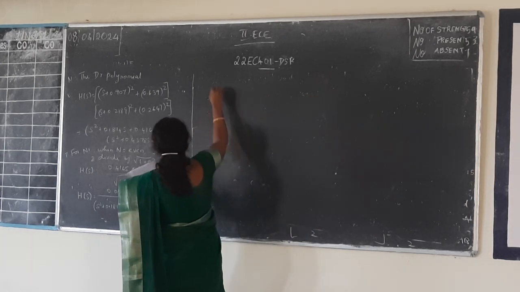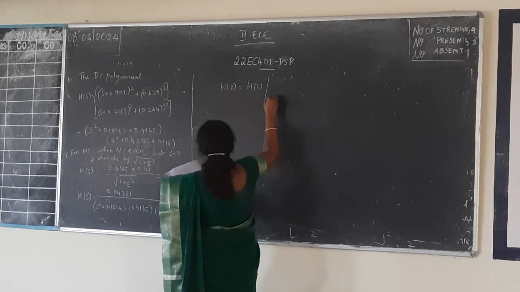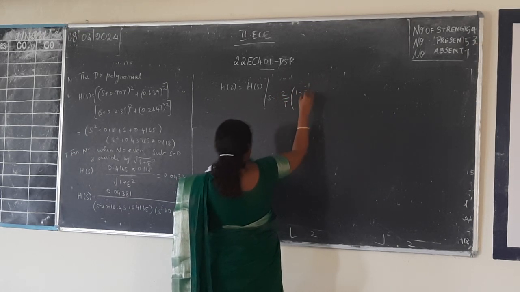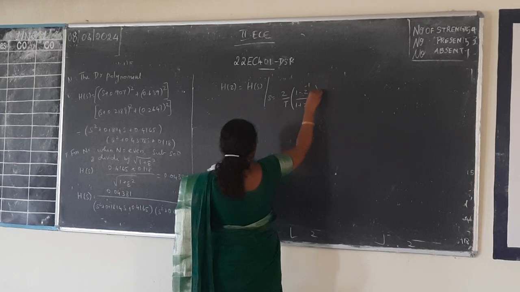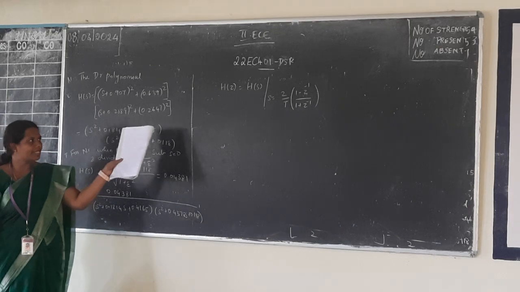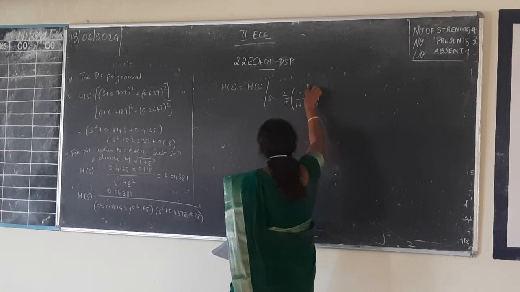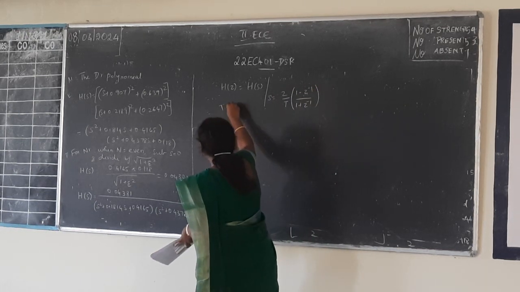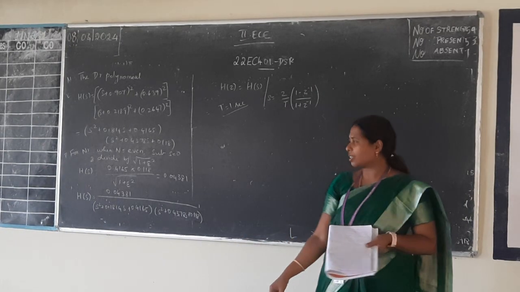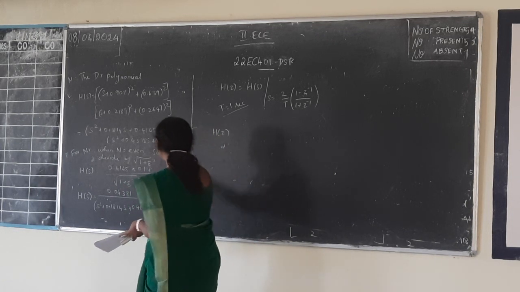h of z, the formula for that is h of z is equal to h of s when s is substituted as 2 by T times 1 minus z inverse divided by 1 plus z inverse. We are going to substitute this in terms of s. Wherever s is there, we are going to substitute 1 minus z inverse divided by 1 plus z inverse. Here we have to assume that T is equal to 1 second. If it is not given in the problem, we have to assume everywhere T is equal to 1 second. So after that we will get h of z, substituting everywhere.